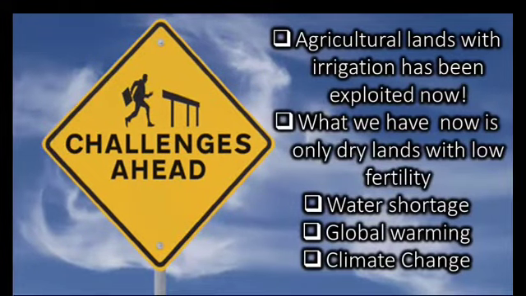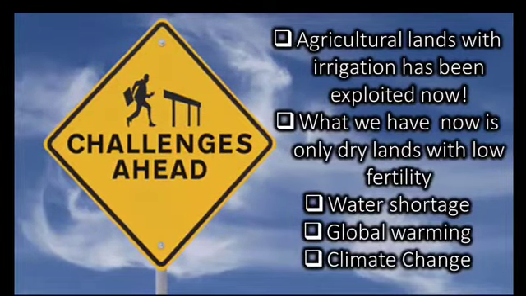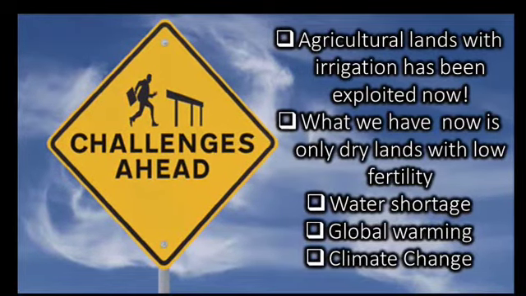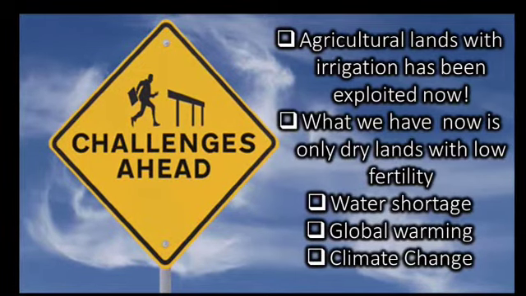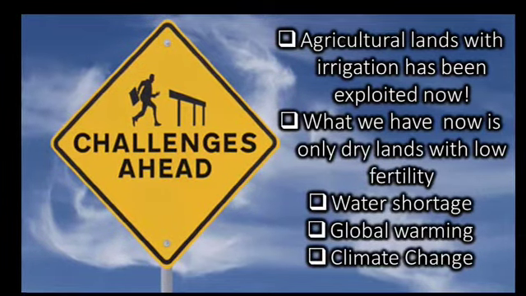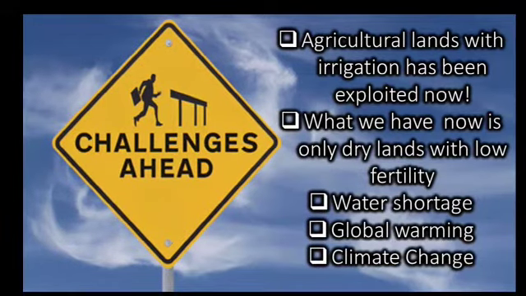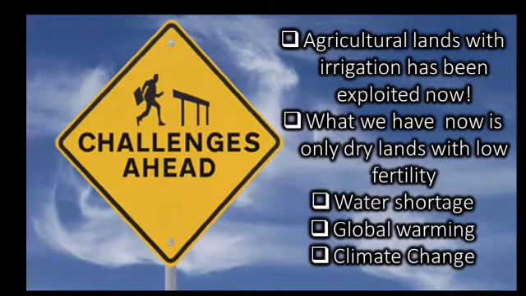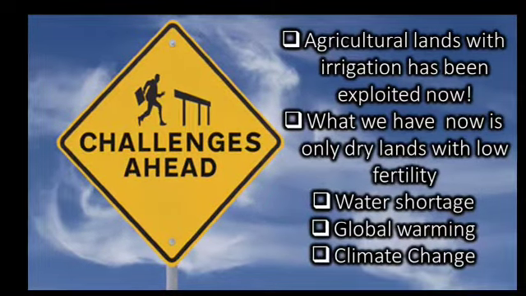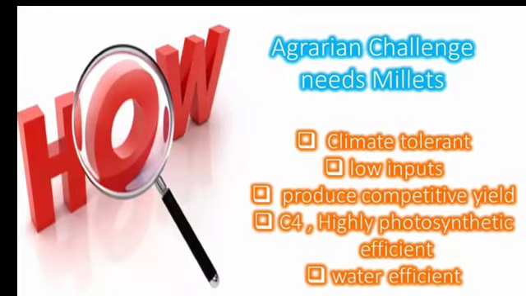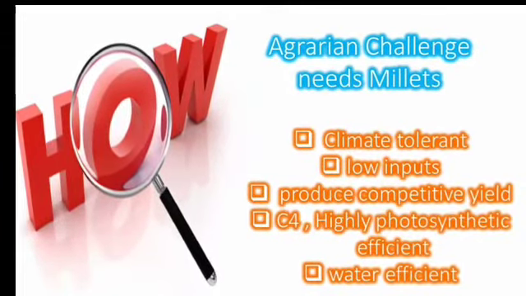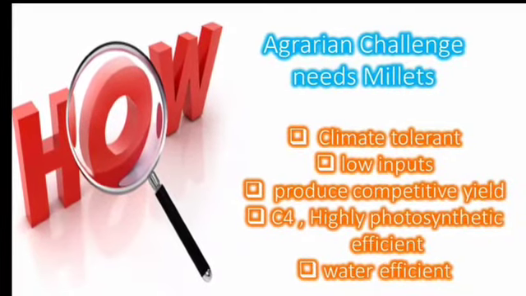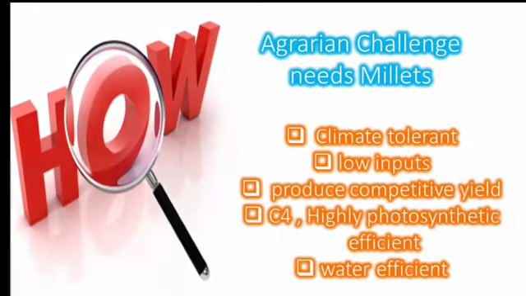What challenge is an agriculturist, an agronomist, and a farmer facing in the coming era? Agricultural lands with irrigation have been exploited now. What we know is only dry lands with low fertility, water shortage, global warming, and climate change. Agrarian challenge needs millets, that are the crops which are climate tolerant, low inputs, produce competitive yield, C4, highly photosynthetic